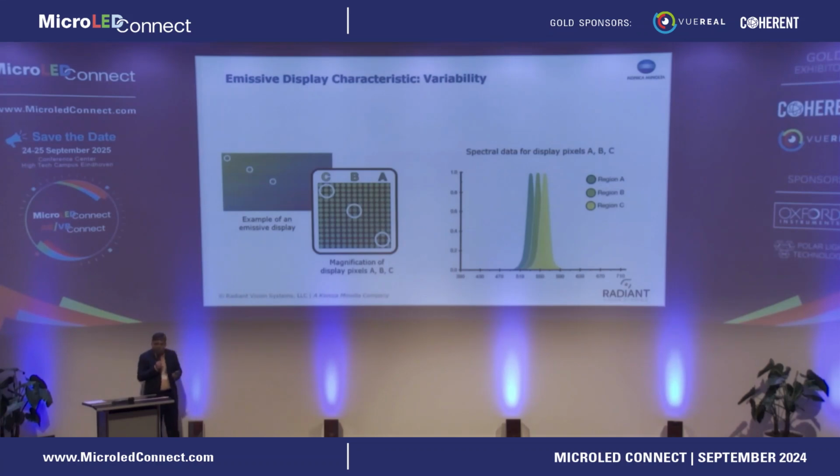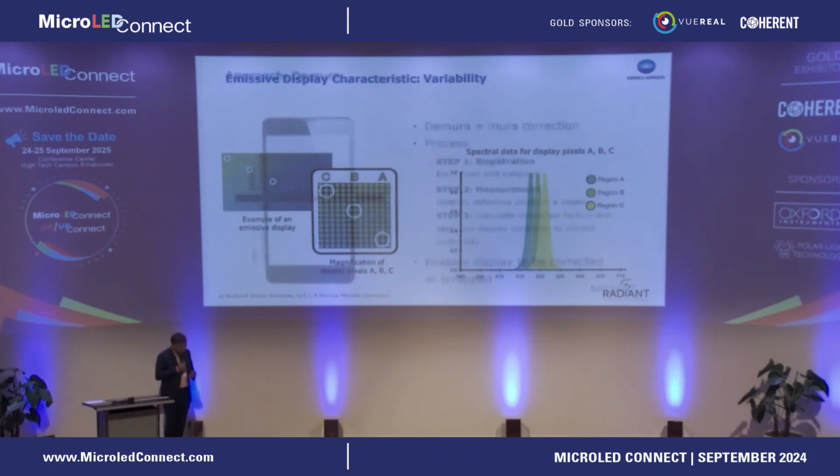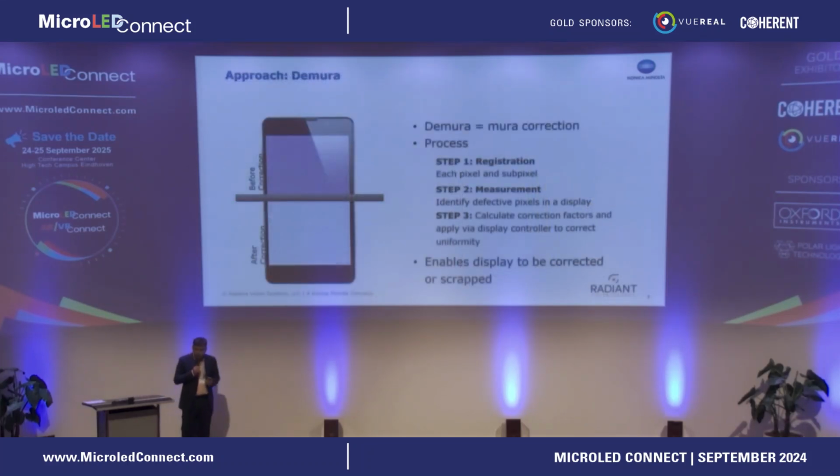Of course, display manufacturers are not going to manufacture a display with that kind of variation, but just to emphasize the point, we have shown it. But we have seen a variation of 3 to 5 or even sometimes 10 nanometers across the display. So one of the